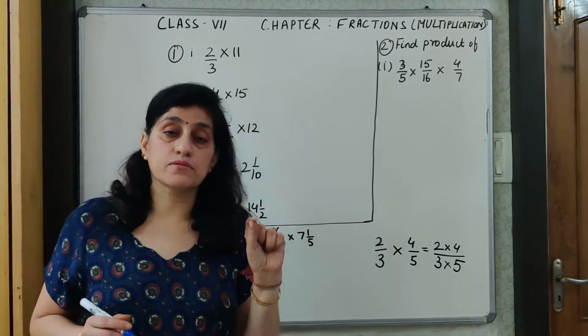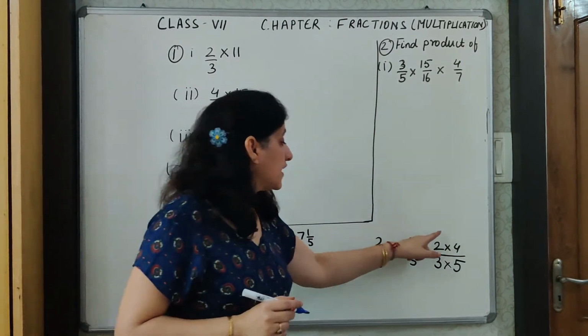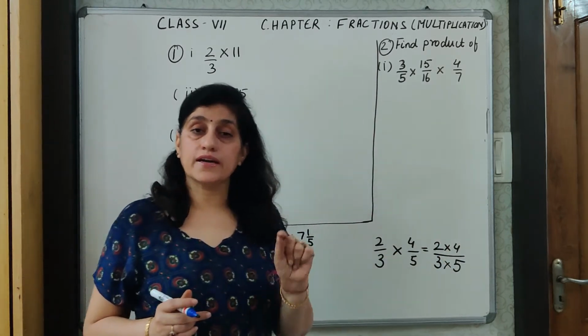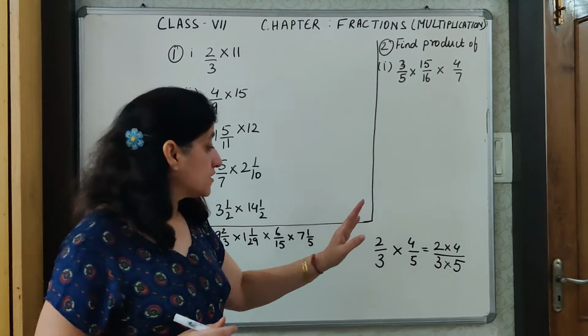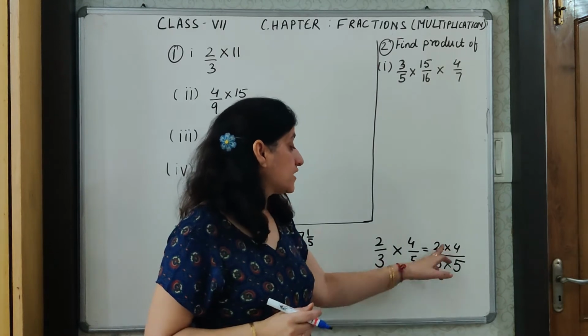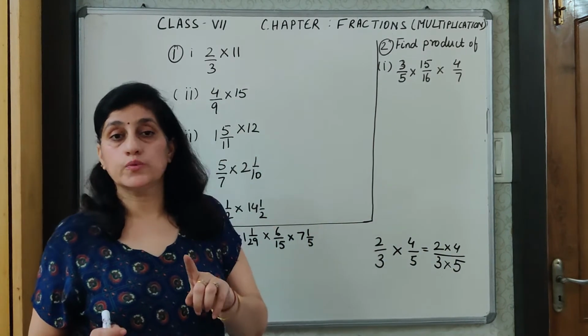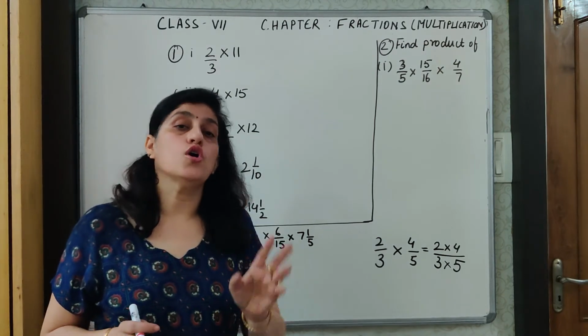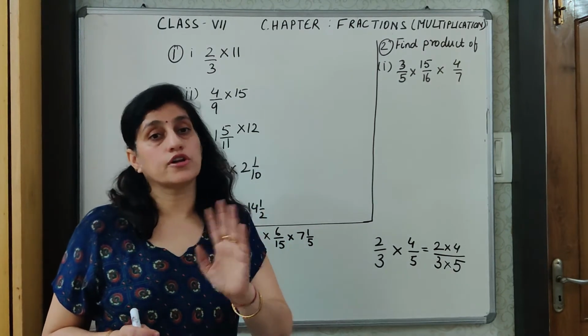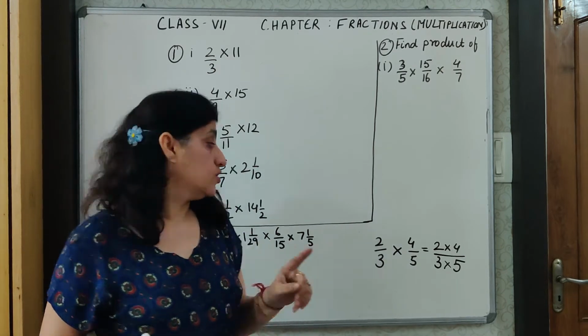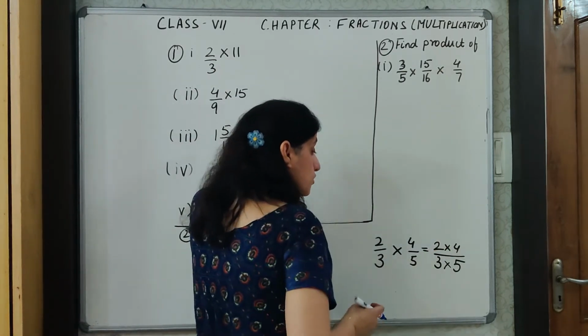Then you know division by cutting. If we see any factor which is divisible by cutting, we will do that. But in this particular example I have taken, I see nothing is divisible. Remember, numerator will be cut with denominator. You know this also. Not numerator with numerator or denominator with denominator. So here I see no cutting is possible.